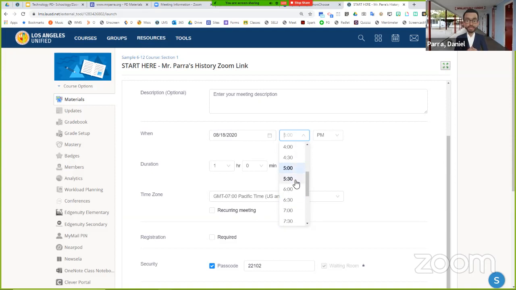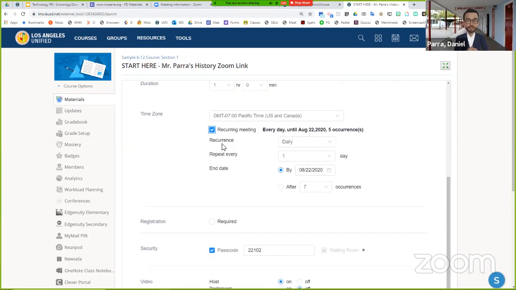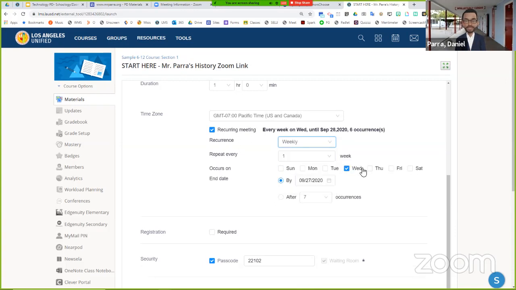And whatever time your first period is occurring, depending on which schedule your site accepted, is what you're going to set here as your time frame. So for example, mine would be 8:30. It'll be an hour. And we're going to go ahead and then under time zone, we're going to click on recurring meeting. We're going to change the recurrence from daily to weekly